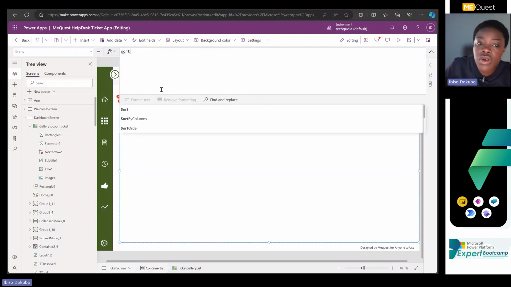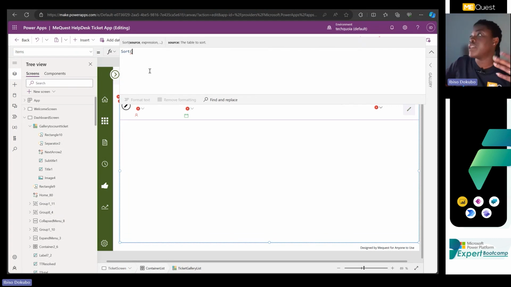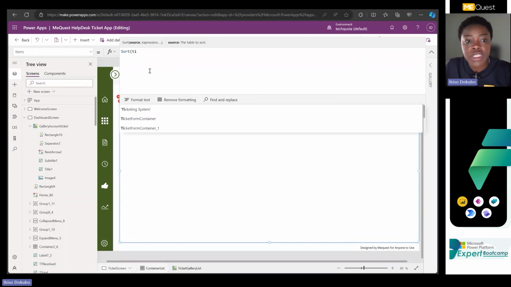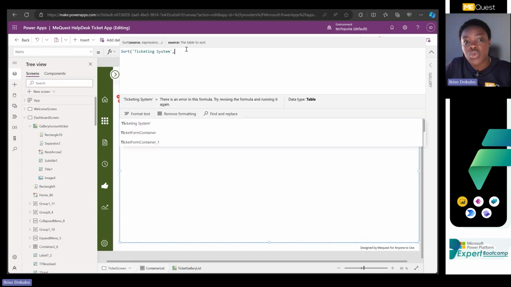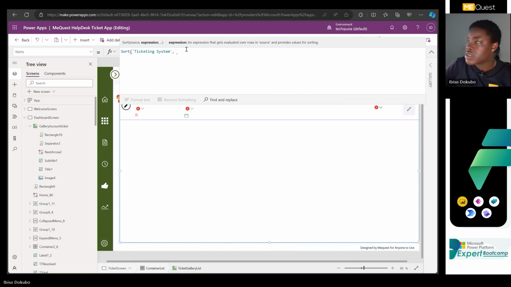Now you need to tell this gallery what it's actually trying to sort. And then I can say, I'm actually trying to sort the ticket system. Then I need to ask what actually it's trying to sort. If I say tickets,